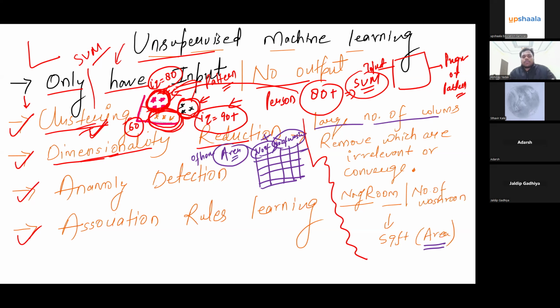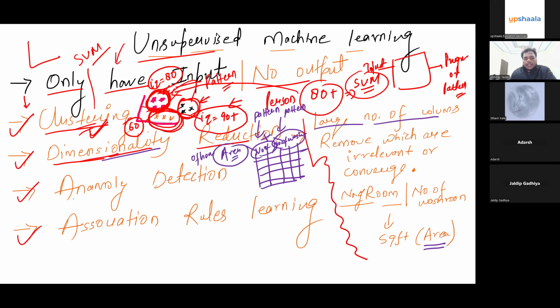That means if you have n number of columns, and each column represents different things that have some similarity or common behavior, you can combine them, and that process is known as dimensionality reduction. This comes under unsupervised machine learning. It is also forming a kind of pattern based upon the input only, just like here.